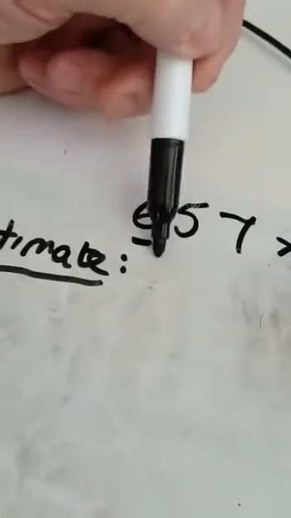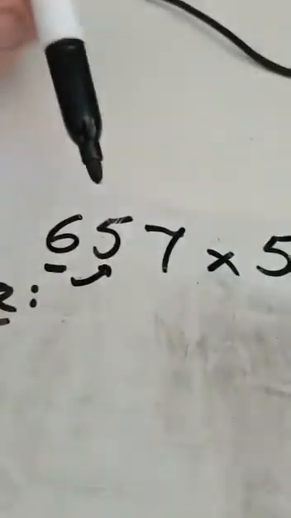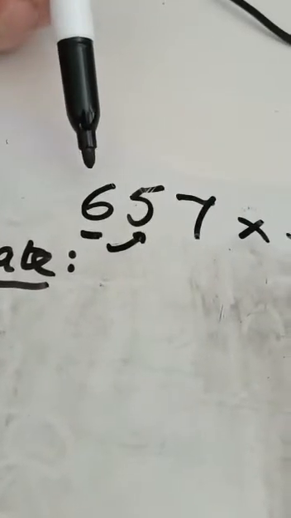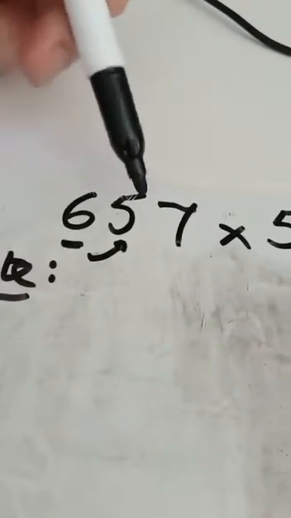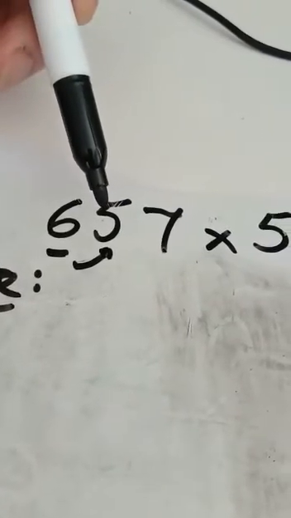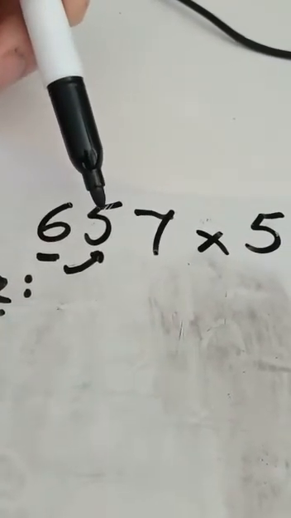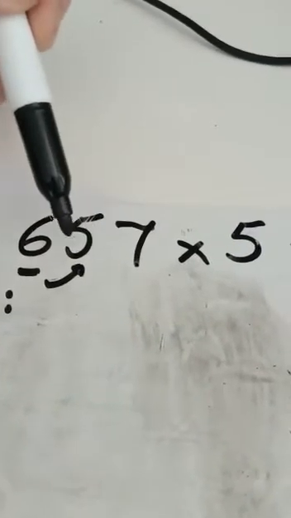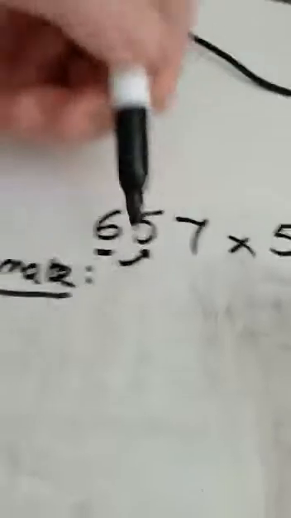But we need to look at the tens digit, which will tell us if that 600 stays or goes up to 700. 5 or 50 tells us that it needs to go up, because 50 is the halfway point of the 100. So you'd round 657 to 700,